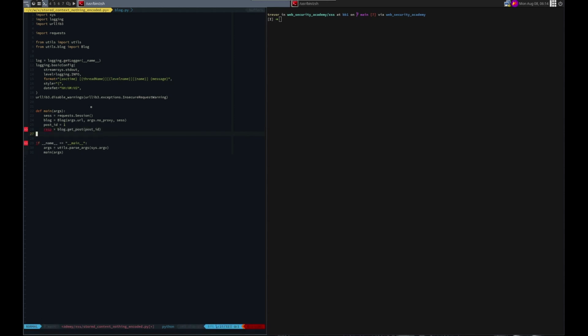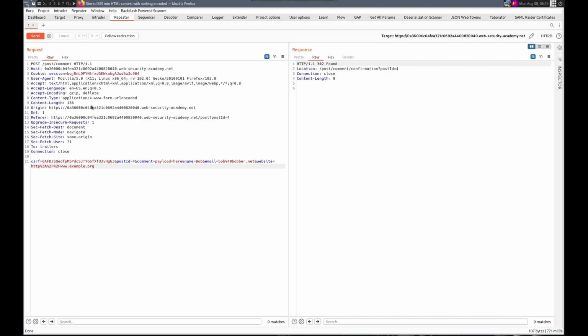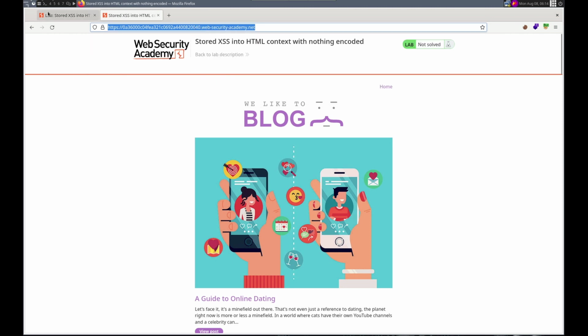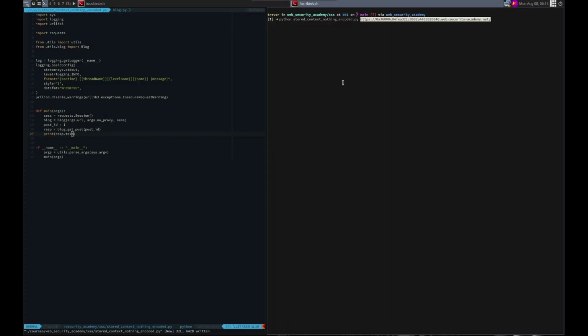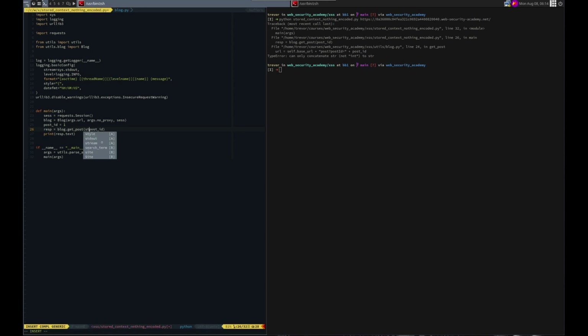Response equals. Here we want to print this out so we can look for the CSRF token, see how that's all formatted. Oh, ha. Let's just add that. So the issue is that this is an integer, and to concatenate, it needs to be